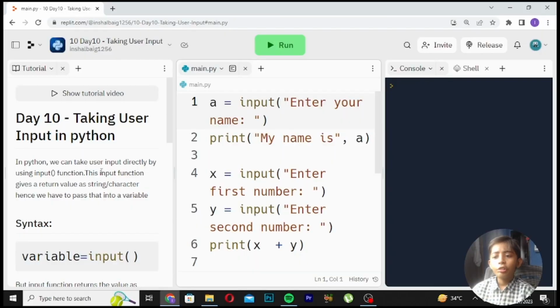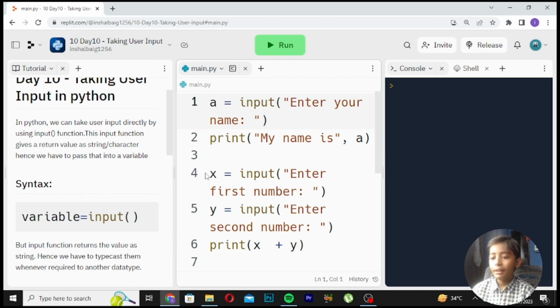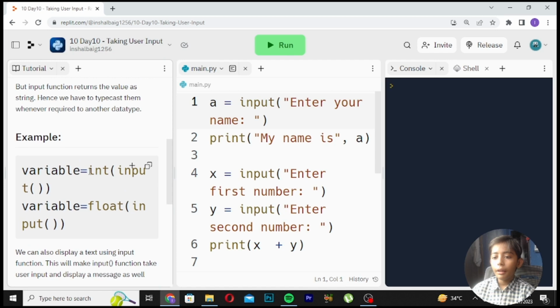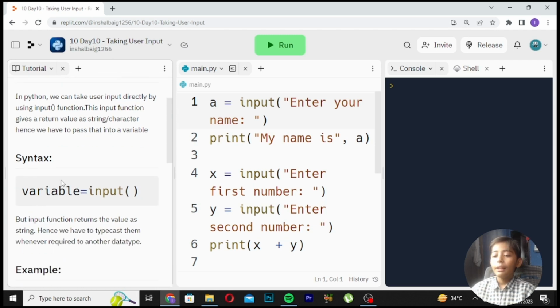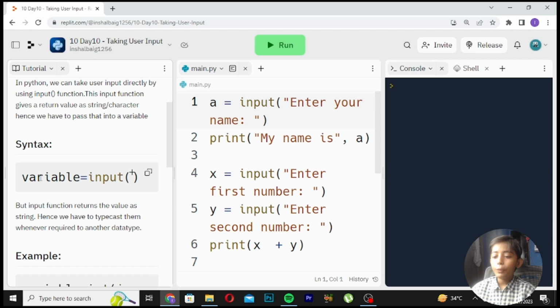Now I will tell you about taking user input in Python. Here is the syntax: variable = input(). I will give an example. In Python we can take user input directly by using the input function. This input function returns the value as a string, hence we have to store it in a variable. The input function returns the value as a string, hence we typecast it whenever required